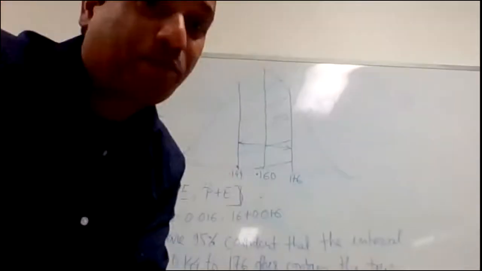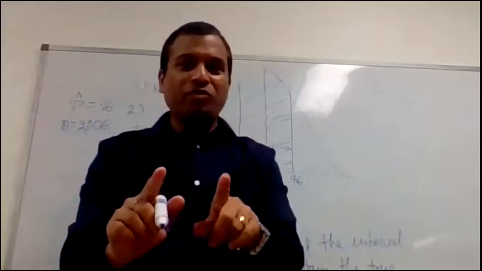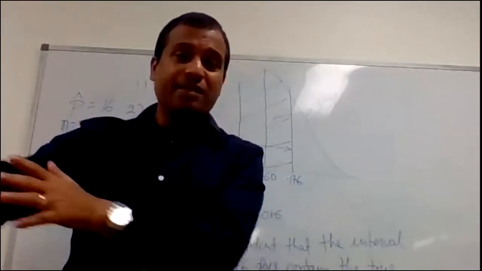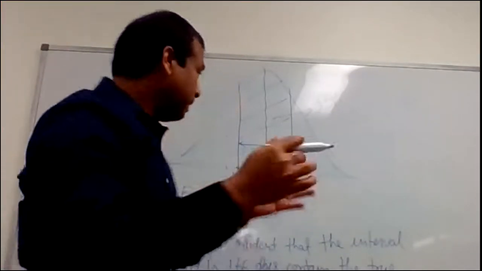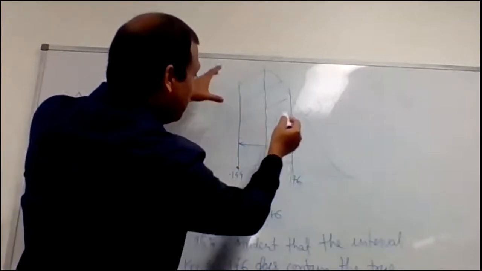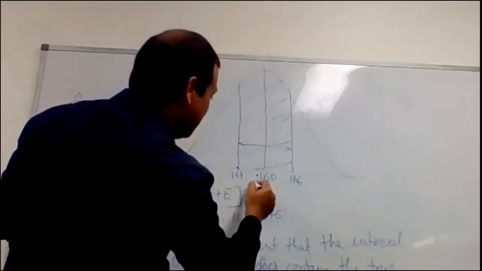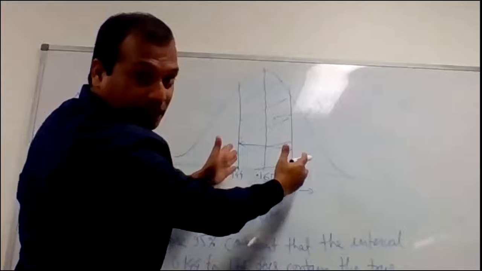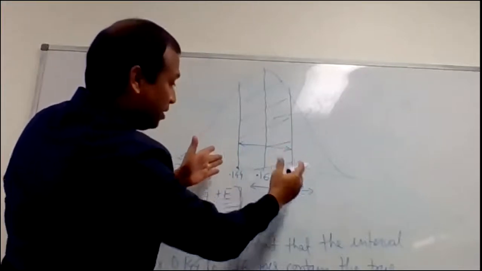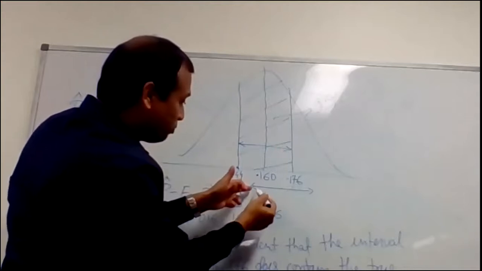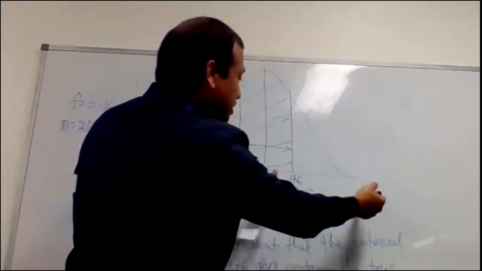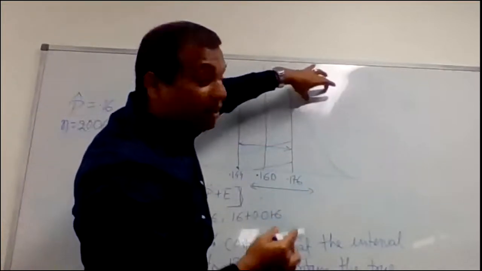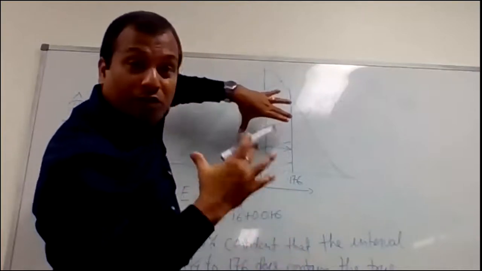I think this is very important. Why am I saying that? See, in this question we have taken only one sample, right? Imagine if somebody has taken another sample, and they might have received another confidence interval, maybe from this point to this point. This is one sample which we have taken, and it is showing this range. Another sample can have a range of 0.15 to 0.185. Another sample, the third one, can have another range. But what we are saying is that we are 95% confident that it will fall under this range.